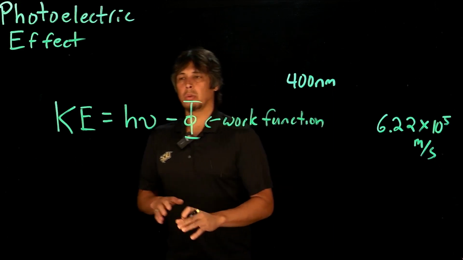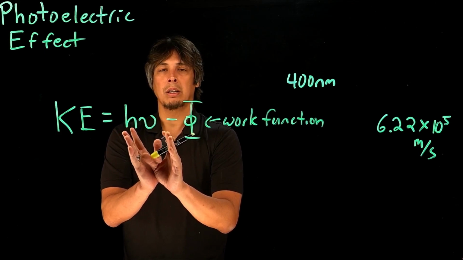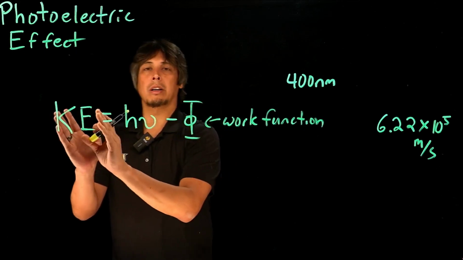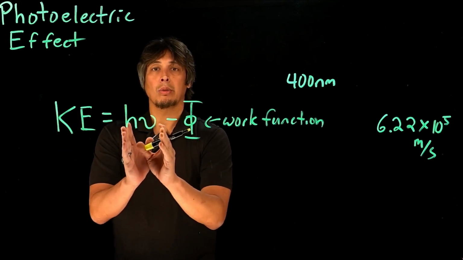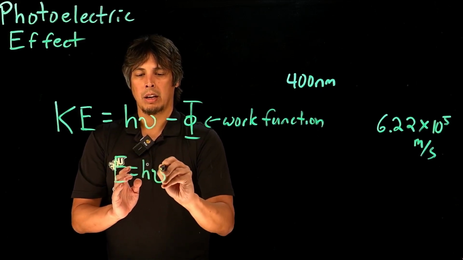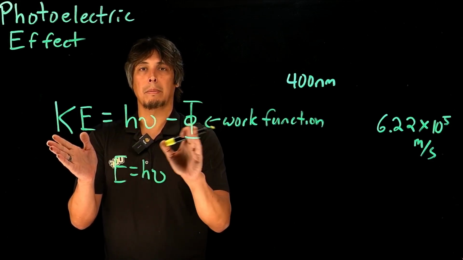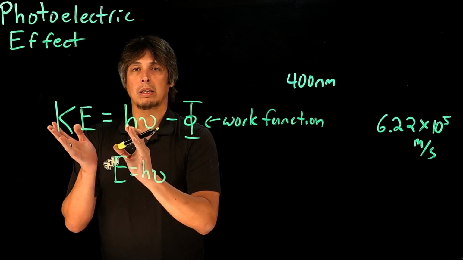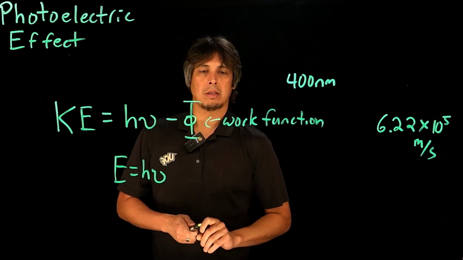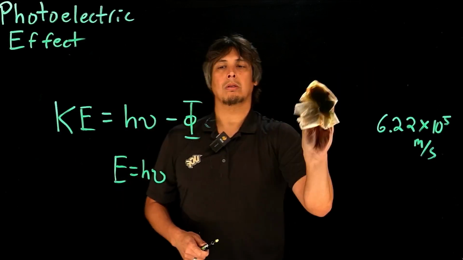So what this equation says is that the energy of the input light has to be greater than this work function in order to get any kinetic energy. And if we remember that energy equals h nu, as you increase the energy, that's going to increase the kinetic energy past this work function, and there you observe a higher velocity of the ejected electron. What this tells us is that this is behaving more like a particle. So for example,